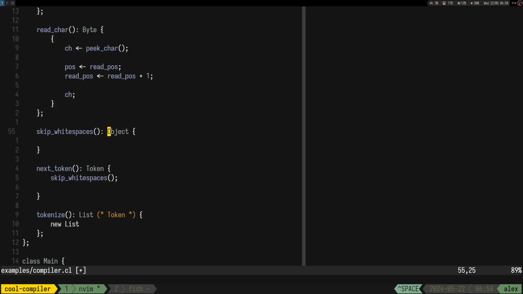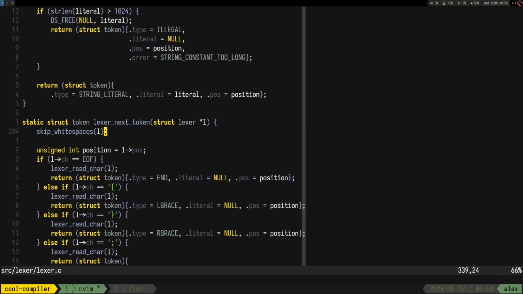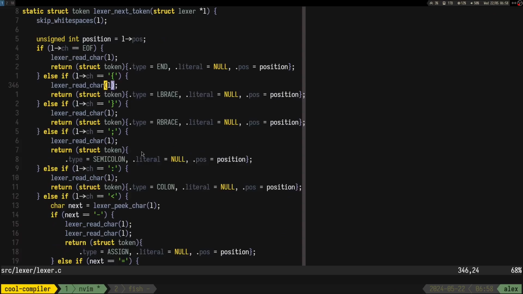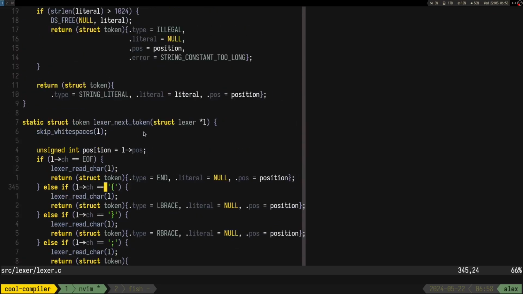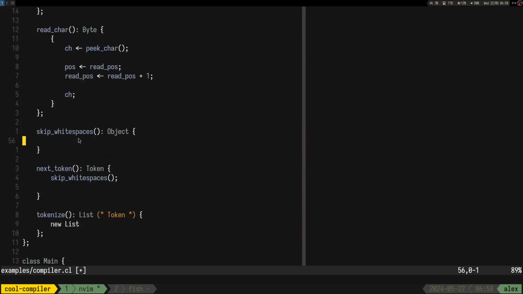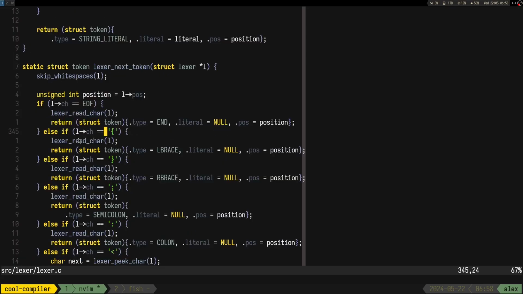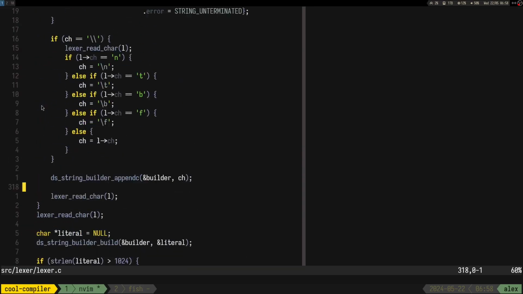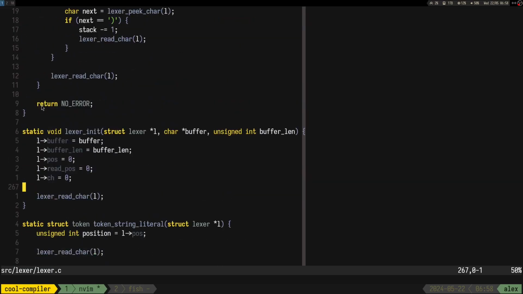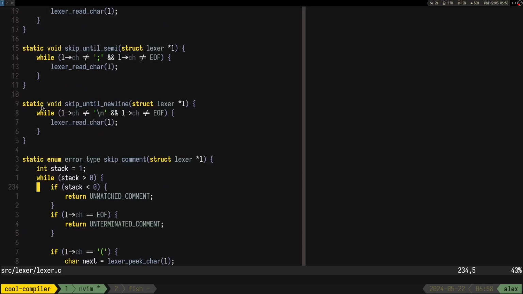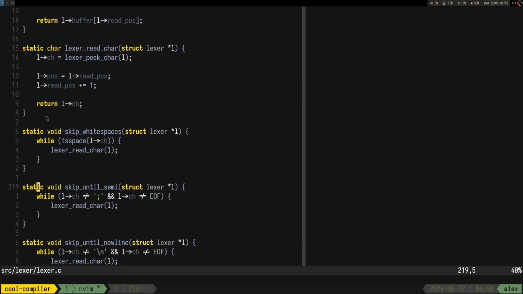I mean, it can return self type, but it doesn't matter, so it's just going to return object. So yeah, skip white spaces. Let's see. I think it was really small, but I need this is space.